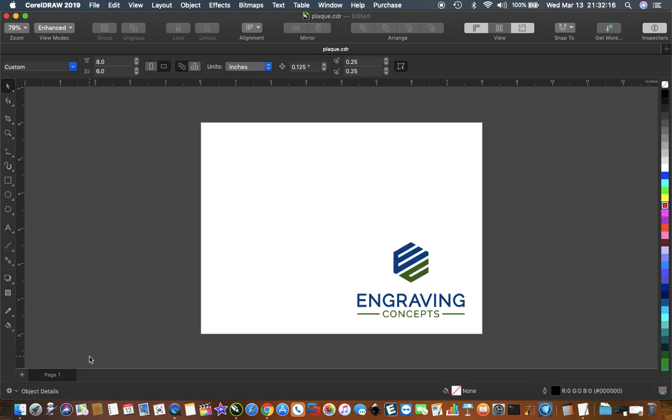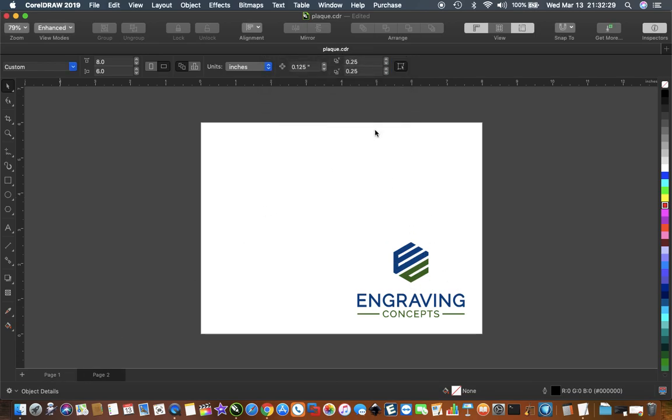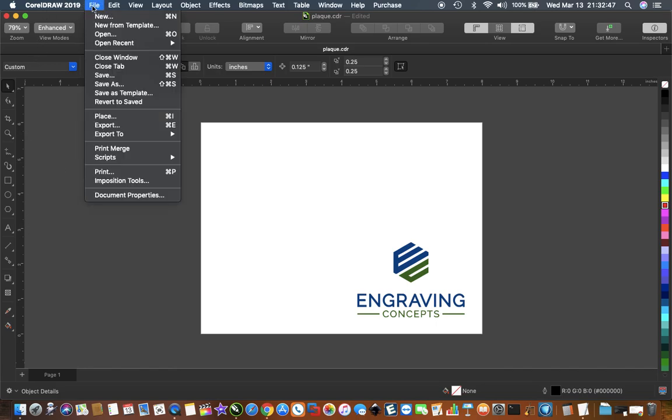Remember, multiple pages is simply the ability to come down here and duplicate a page, and we could even say copy the layers and their content so that it brings the layer or this logo into page 2. So now we have page 1 and page 2 saying the same thing. So we could do that manually, or let's try using imposition or with print merge. And so I'll say delete page, and that will let me now come up to our file and come down